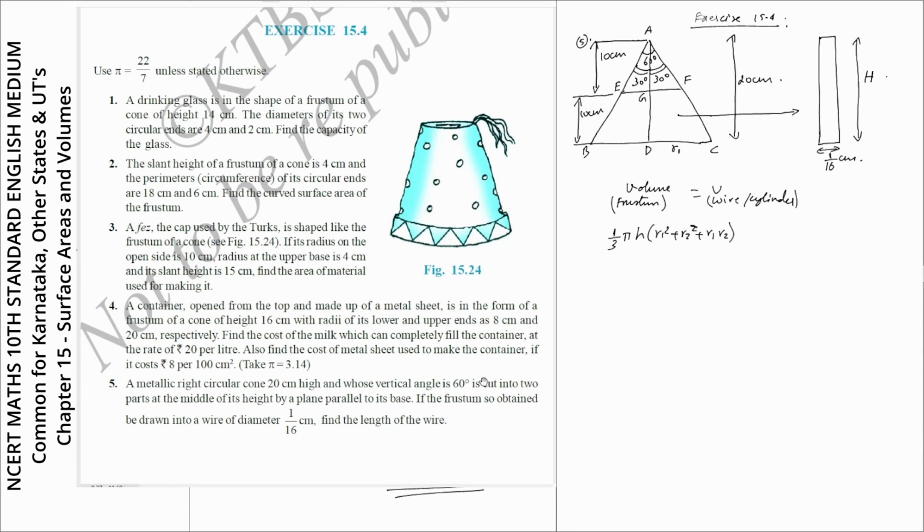So R2 is GF. R2 is the radius of the top circle of the frustum. Now this is equal to the volume of the cylinder. Volume of the cylinder is given by area of the base, which is pi r square, into H. Now here I can cancel pi and pi, so I am left with 1 by 3 (R1 square plus R2 square plus R1 into R2) is equal to,